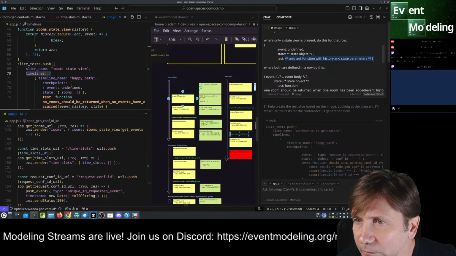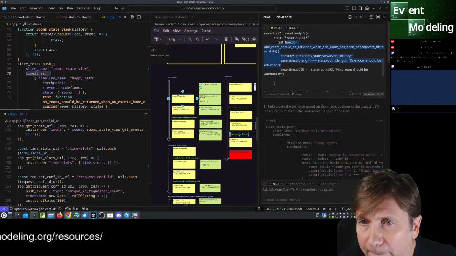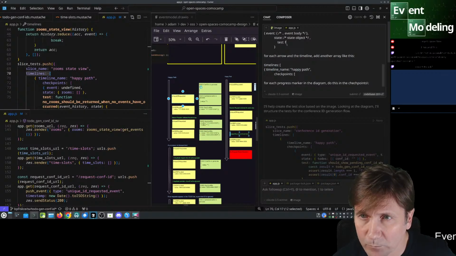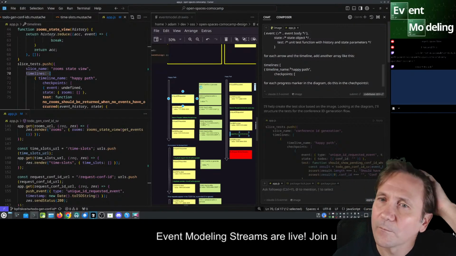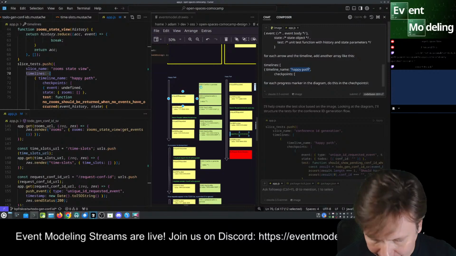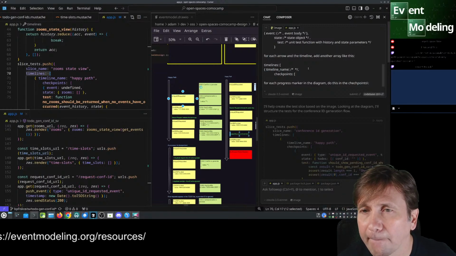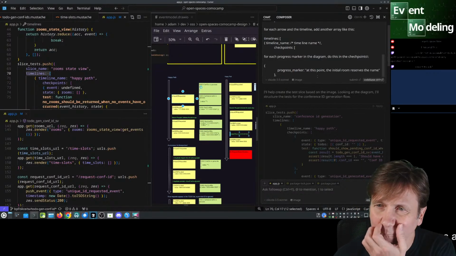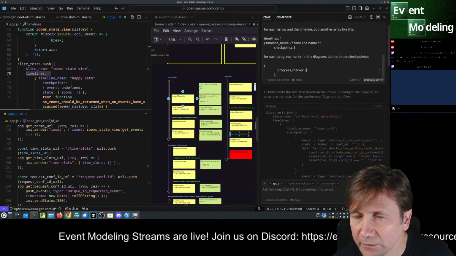And then do this here. Here, progress marker text.